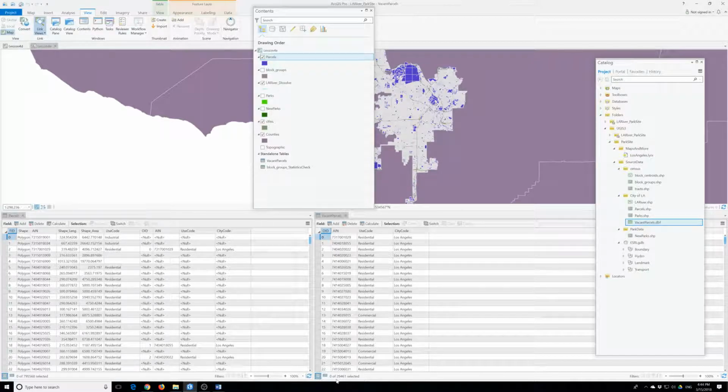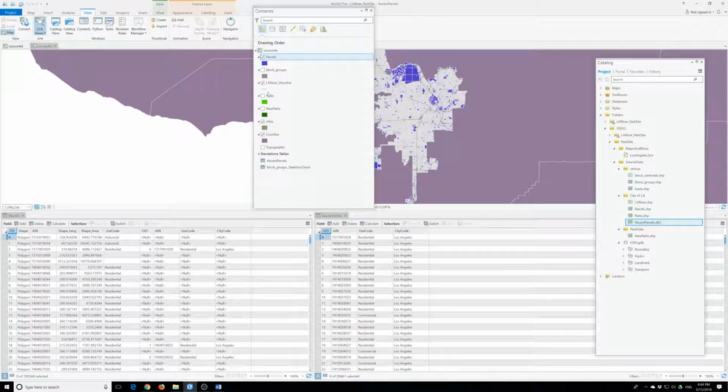Now we go to copy features. It is important to understand that a join does not actually save the new fields to the input feature class. The join is maintained virtually for only this layer in this particular map. We will now create a new feature class in the project geodatabase, copying just the vacant puzzle features from the joined table. So we're going to open